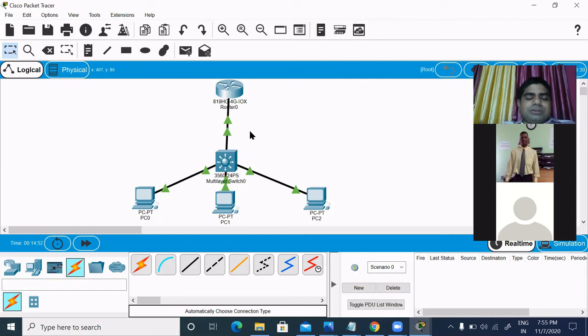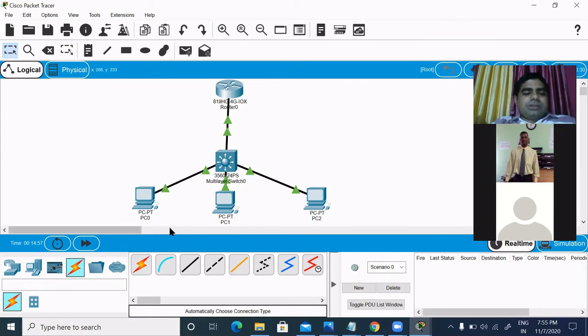Right. Can we do a simulation to show how the packet is moving from PC0? We can do that.